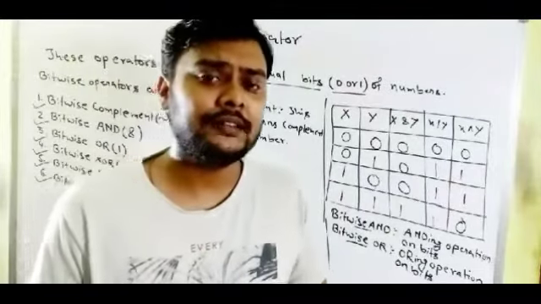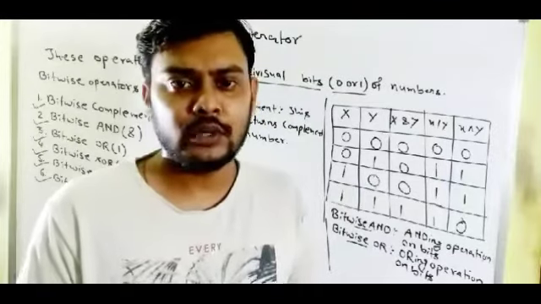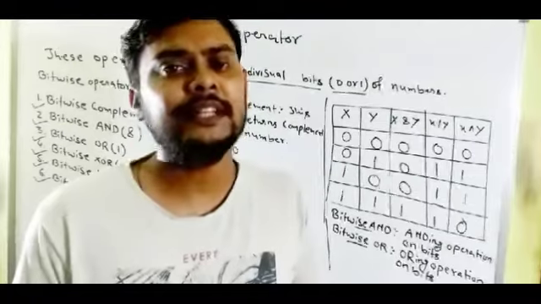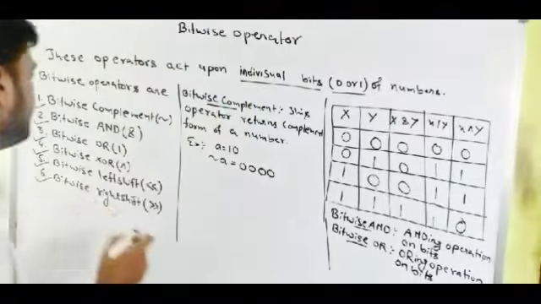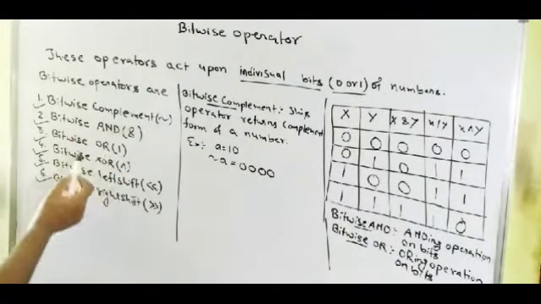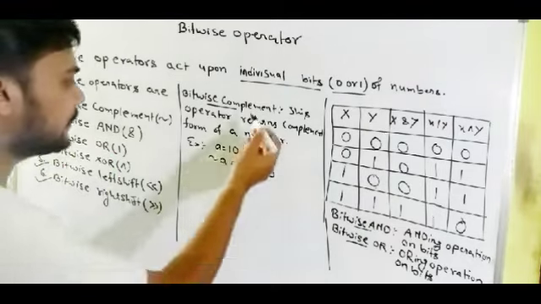And the main thing is that when we use bitwise operators, we work with 0 and 1 directly, so our processing speed is very fast. That's why we use the bitwise operator. There are six types of bitwise operators: bitwise complement, bitwise AND, bitwise OR, bitwise XOR, and bitwise left shift and right shift. So first I discuss